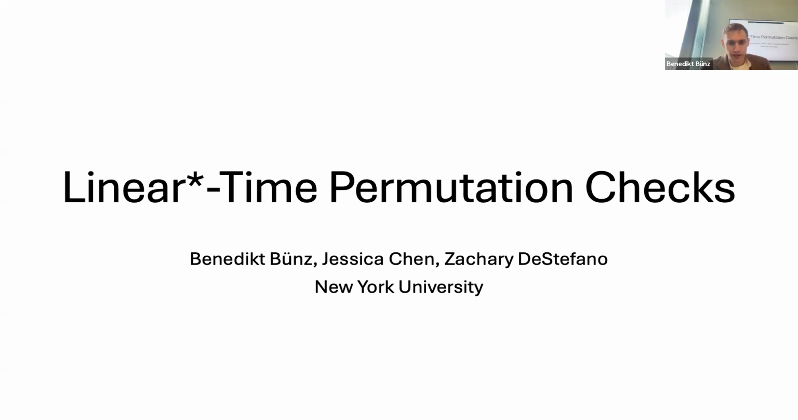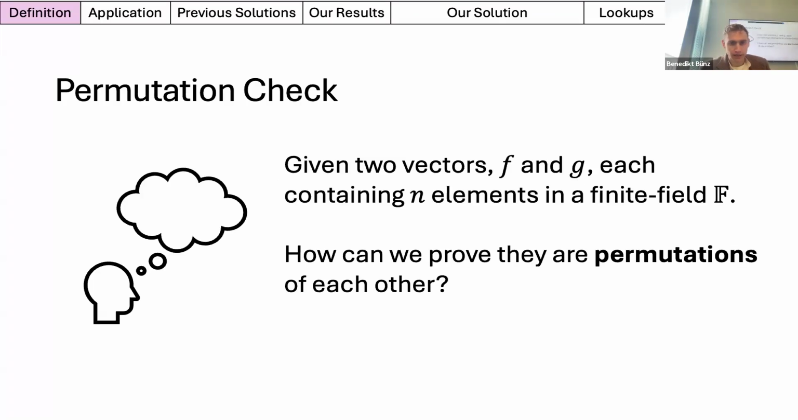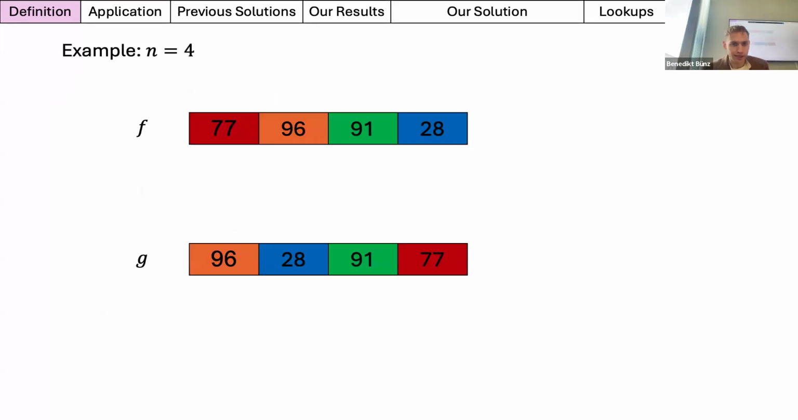So what is a permutation check? At the end, in essence, there are going to be multiple variants of them, but it's going to be a statement of the two following flavors. Let's say I have two vectors f and g, each containing n elements over a finite field, and I want to prove that they're permutations of each other. So as an example, we have this vector and this vector,